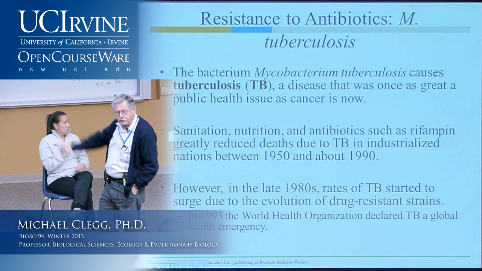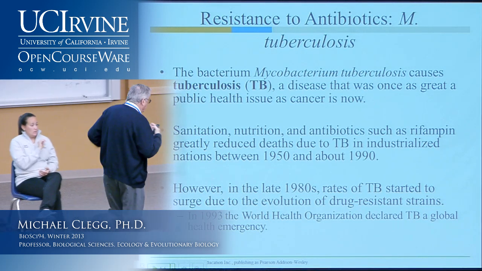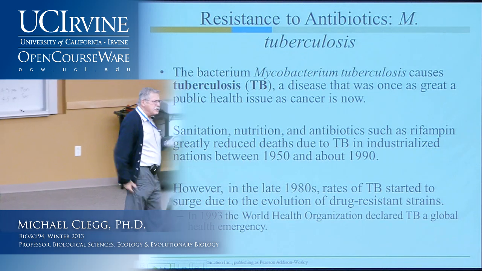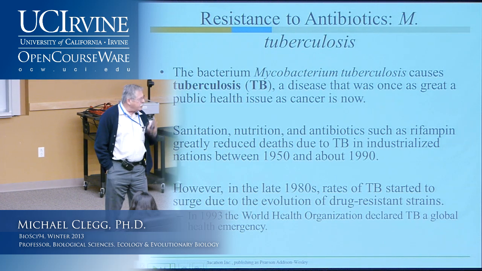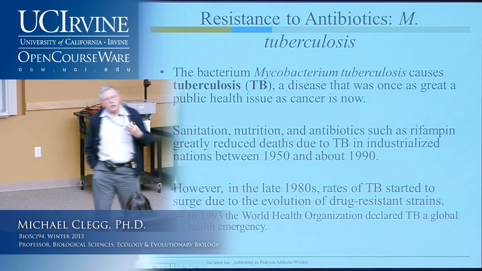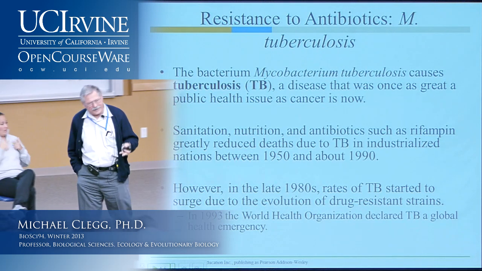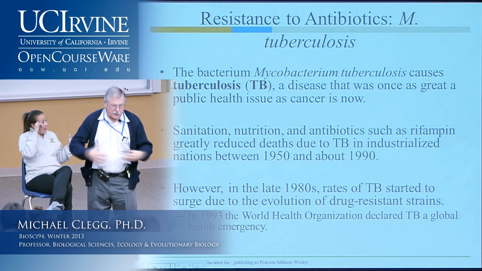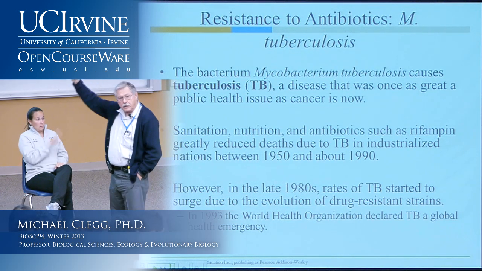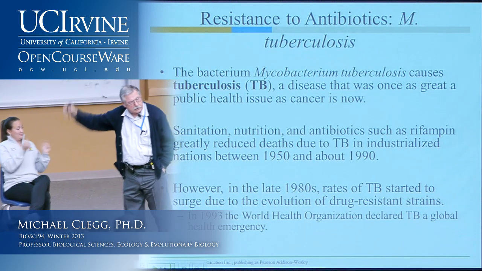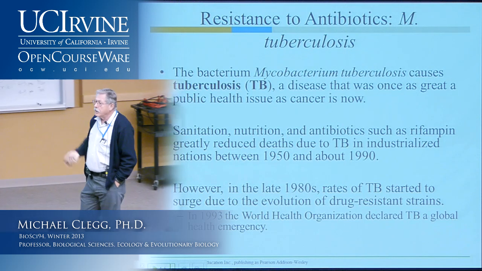So here's an example from your textbook. This is tuberculosis. Tuberculosis is a very important disease of humans. It's an interesting disease. It's what's called a zoonotic disease, meaning that we acquired it from other animals. The thinking is that we acquired tuberculosis from living in very close proximity with cattle that as pastoral people we maintained. The tuberculum bacterium was adapted to cattle and jumped species under this close association and became an important disease